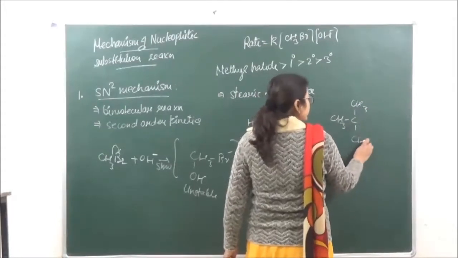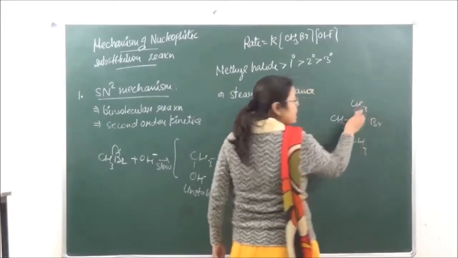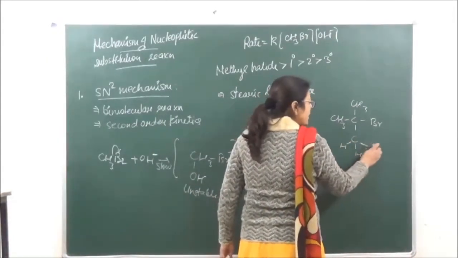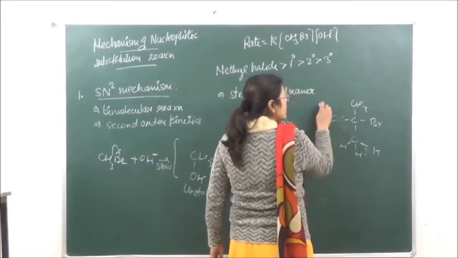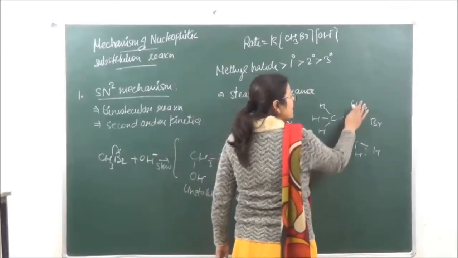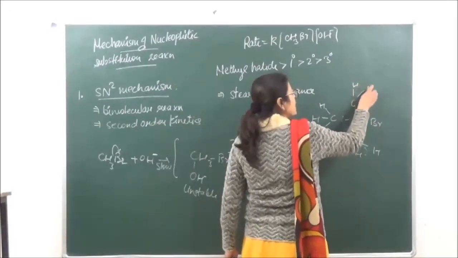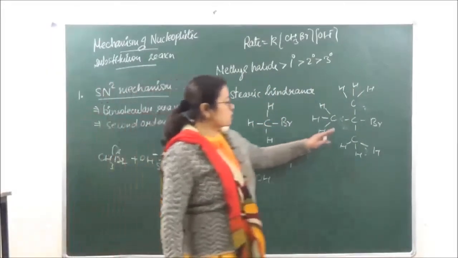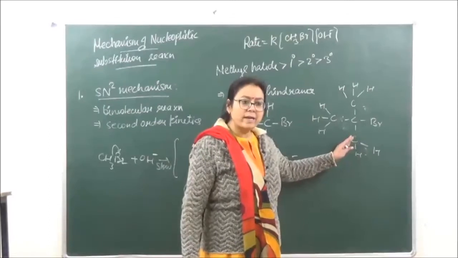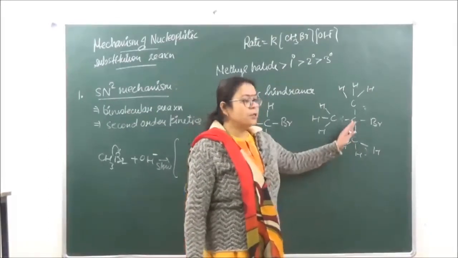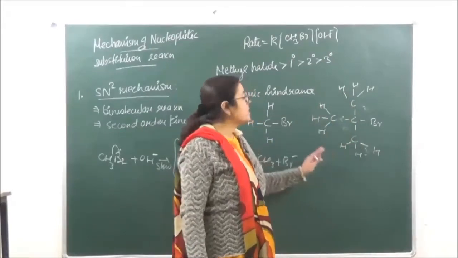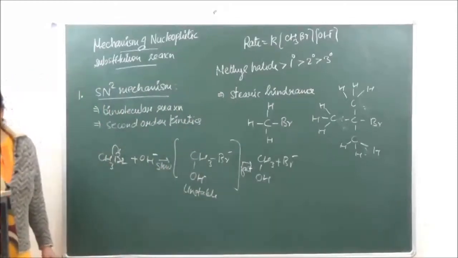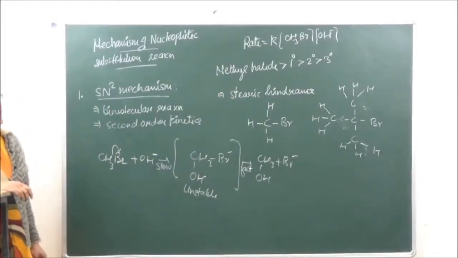so you can see over here in case of tertiary there are three alkyl groups. So to each alkyl group there is 3 hydrogens which are going to be present. So this is going to expand its electron cloud or expand its structure. Because the structure is so expanded over here, the incoming OH negative does not find sufficient space to go and attack on the carbon. ठीक है? तो क्योंकि वो कार्बन के ऊपर properly attack नहीं कर सकता, it is not getting space. So that is the reason that tertiary halide that does not undergo SN2 mechanism to a great extent.